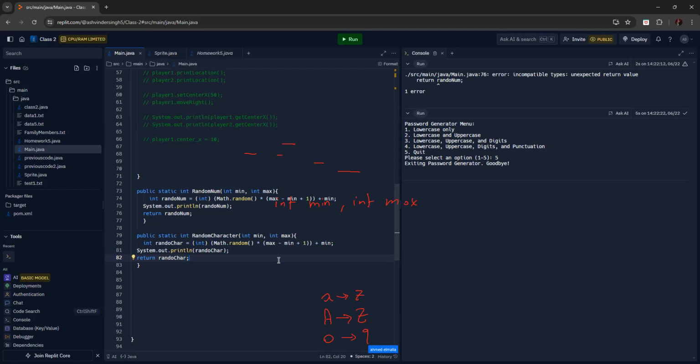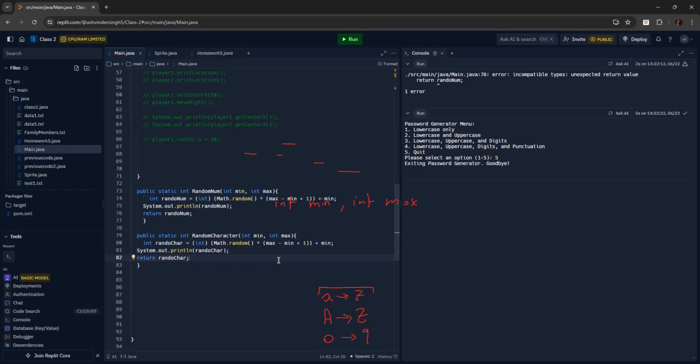Using that range you are able to know, if I want to generate from A to Z small characters, you know the range of numbers, and then you generate a random number between that range, and it definitely gets you a number in between. But the point here is how to change a number